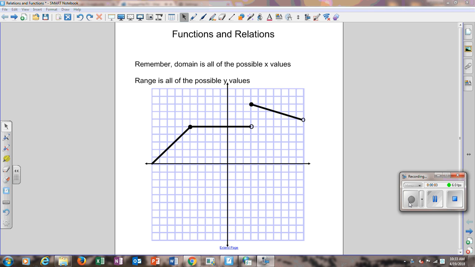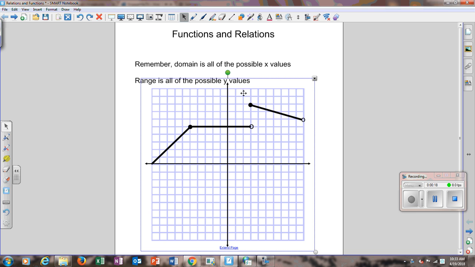Okay, today's functions and relations. All right, remember domain is all the possible values of x, and range is all the possible values of y. Anyhow, if this was a graph that was given to me and it asked me to find the domain of the function, it's going to be all the values where the x is actually in existence. So we have this entire piece here, and then this piece here. And so x would cover everything from -10